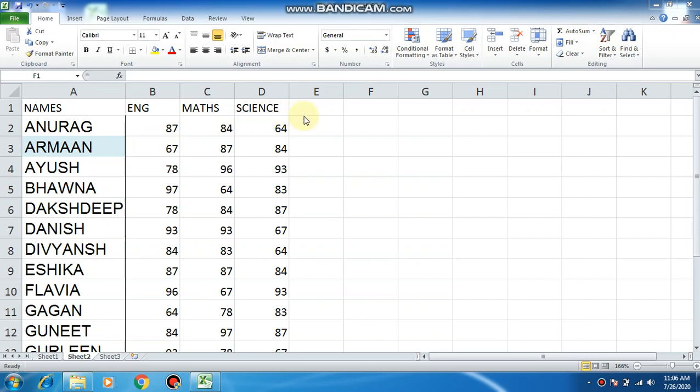Now the third type of entry is the formula entry. Now these values are constant values. The values can be divided into two types again. One is the constant value. All the text entries and all the number entries come under constant values. They are the values which are directly entered in the cell. They can be numbers or alphanumerics. These are the alphanumerals and these are the numerals. And the second type of entry is the formula entry.